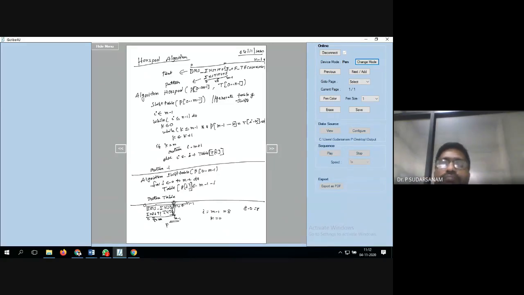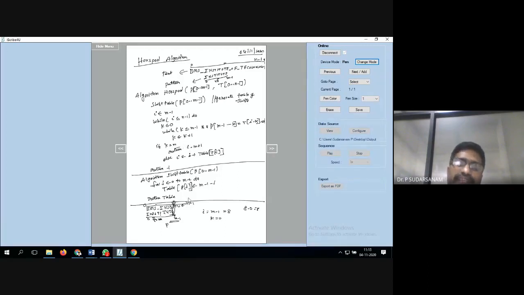That's all your program. Simple Horspool's algorithm. No need to learn the code by heart. If you have any doubt, you can ask me. Just the locations you are storing, you have to take. You know how to take the string values; I'll tell you when I'm explaining the program. So just this much code you have to learn. How many lines are there? 1, 2, 3, 4, 5, 6, 7, six to seven lines of code.